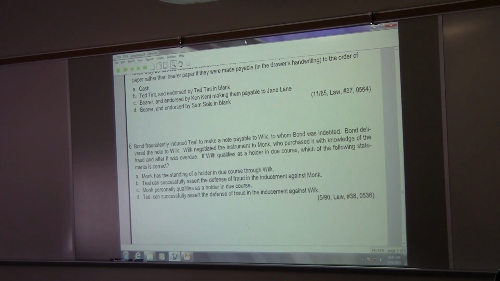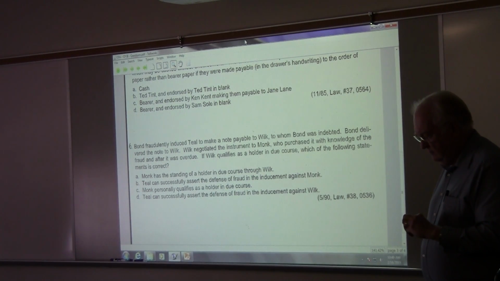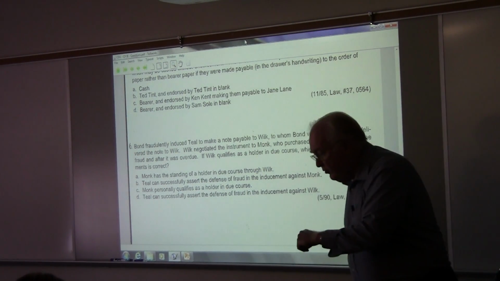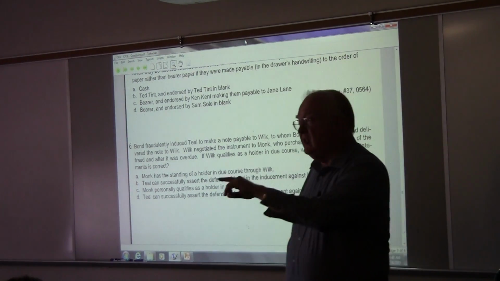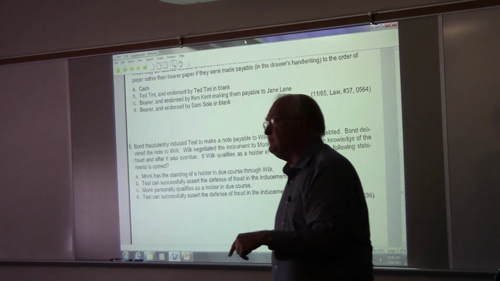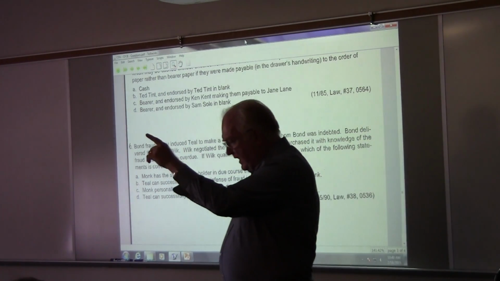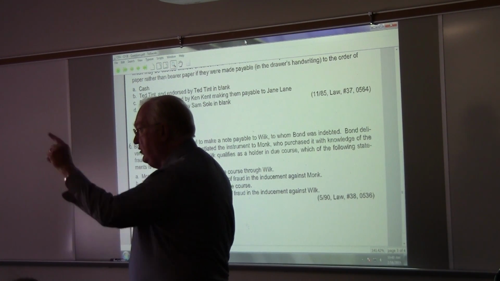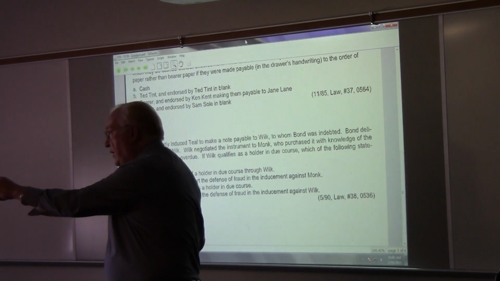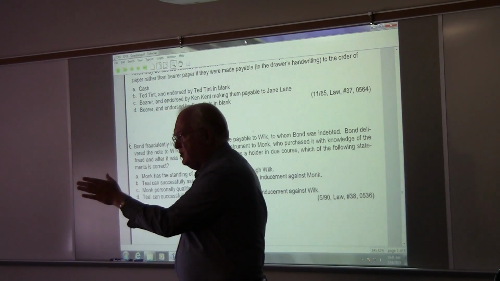But, Kobe, tell me about the shelter rule. That the person that is holding receives the same treatment as the previous holder. If the previous holder was a holder in due course, then you receive the rights of a holder in due course. Which I think, Kobe, is slightly different from what you just said. So let's suppose that Taylor is a holder in due course, and you take with notice of a defect, then you have her rights. But then you endorse it to Michael, he doesn't have your rights because he's not taking it from a holder in due course. So the shelter rule only applies to one transfer.